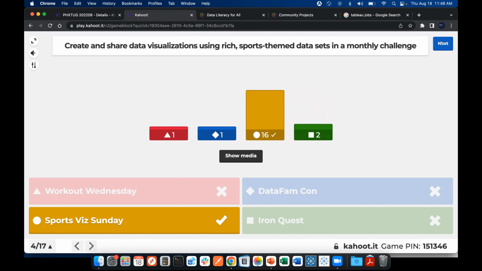It's amazing work. I also encourage you to check these out because what you can do with these sports vizzes is going to give you some pretty good ideas on how to transfer things into the business world. You don't have to be a sports fan to take some good advice and strategies from that.